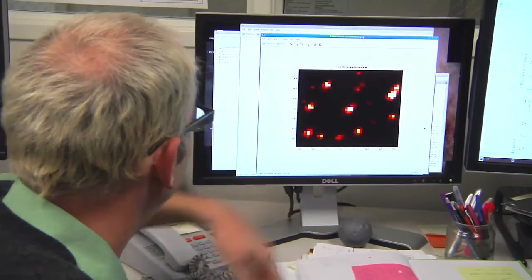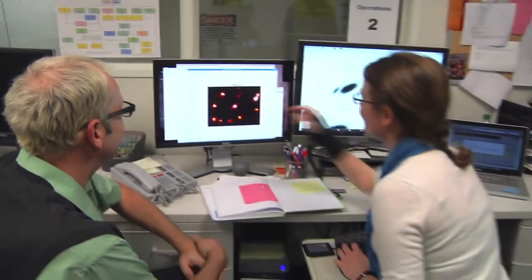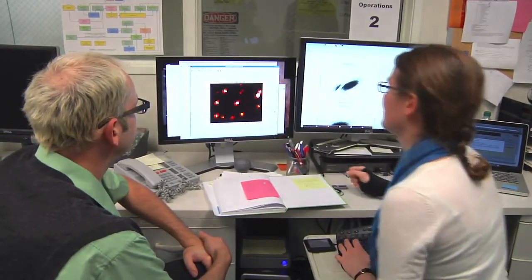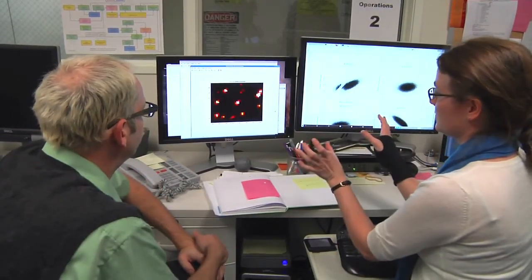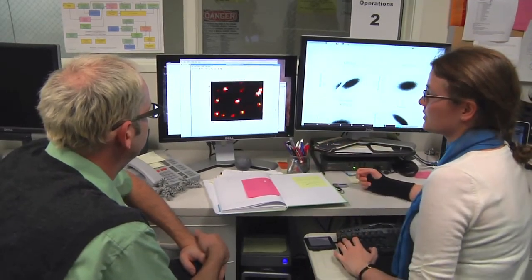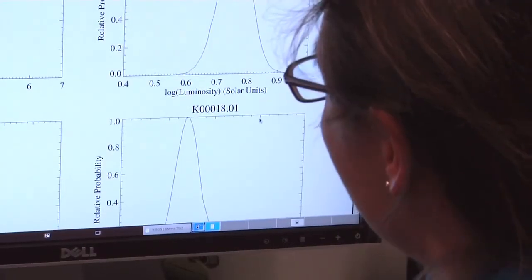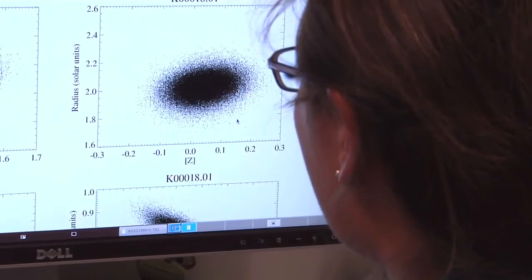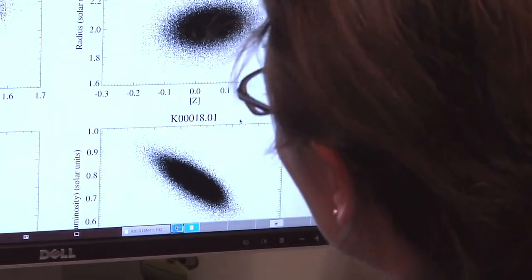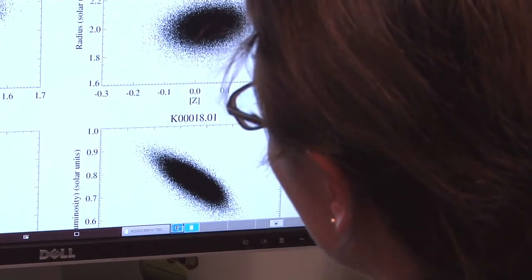They all look the same. Yeah. It could be, yeah, it could be what you're saying. To see if there's, I think they use the centroid plots to determine if. Mm-hmm. Not sure what these are. Mass versus radius, but